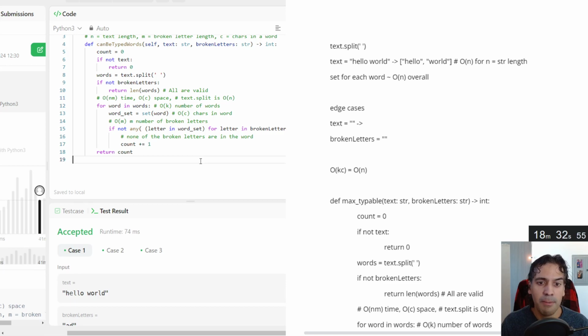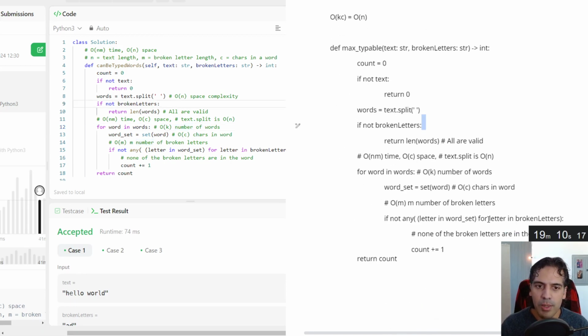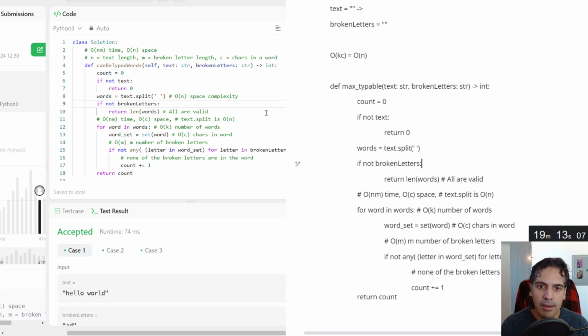So a bit worse, but then your space complexity has, well, technically we're creating a whole new list here. So this has become O of N space complexity here. And that is larger than O of C. So this is an argument for not using text-to-split. So we're at about 20 minutes in. We can now start talking about what happens if we want to reduce the space size. Oh, sorry about that. So instead of splitting up the words, we could just iterate through this string directly.